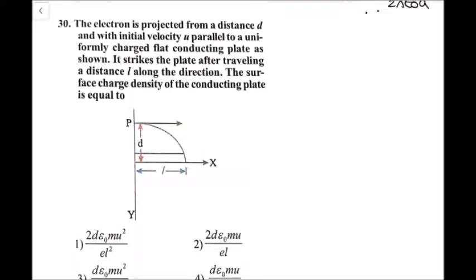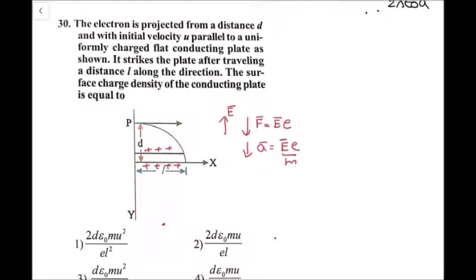So here, due to this charged conducting plate, for example, a positive charge is present on either side of the plate. Because of that, the electric field acts away from the plate. As the particle is negatively charged, it experiences force in a downward direction. Its value is F = E·Q, nothing but eE, and the acceleration experienced by the electron will be F by m, nothing but eE by m, in the downward direction.